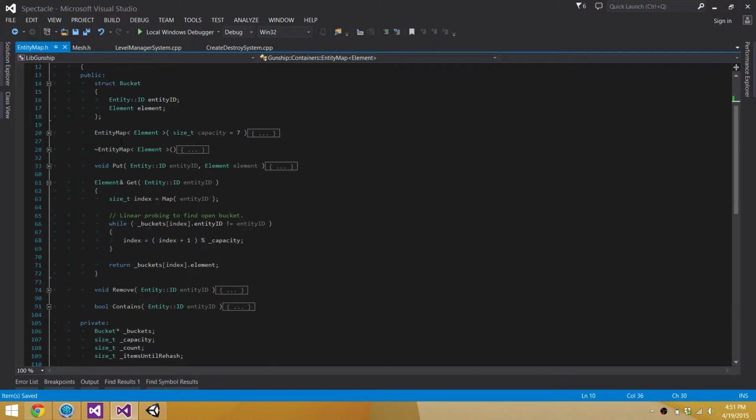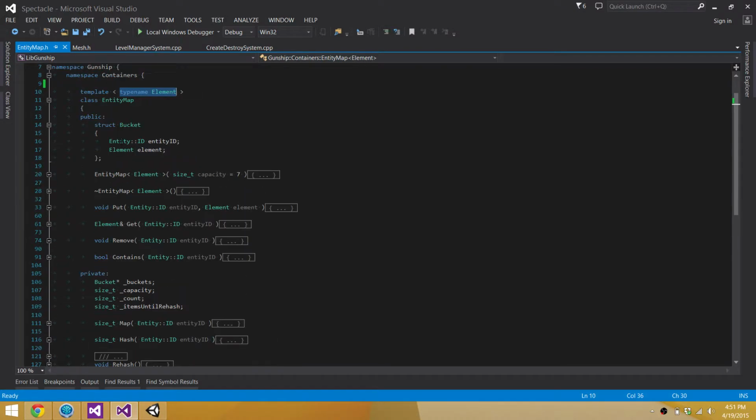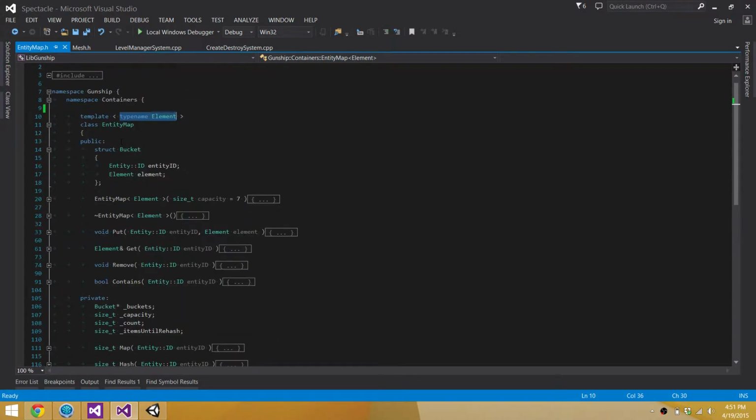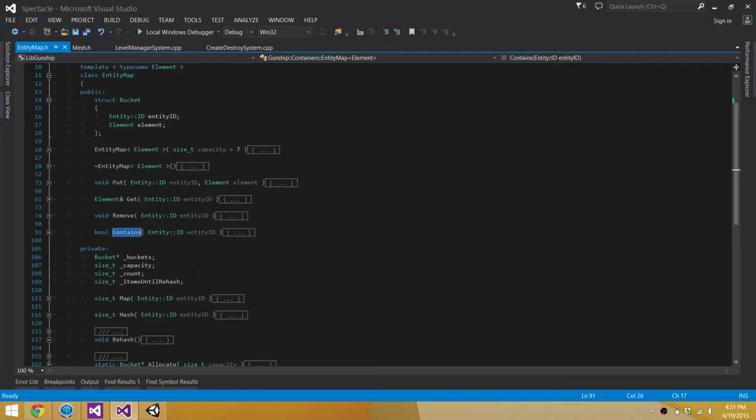Currently, this map does everything that I need it to for all of my use cases so far. I can insert values into the map. I can retrieve values. I can remove elements from the map, and I can check if the map contains an element. And most importantly, the map automatically resizes itself once it reaches a certain capacity or a certain load level,